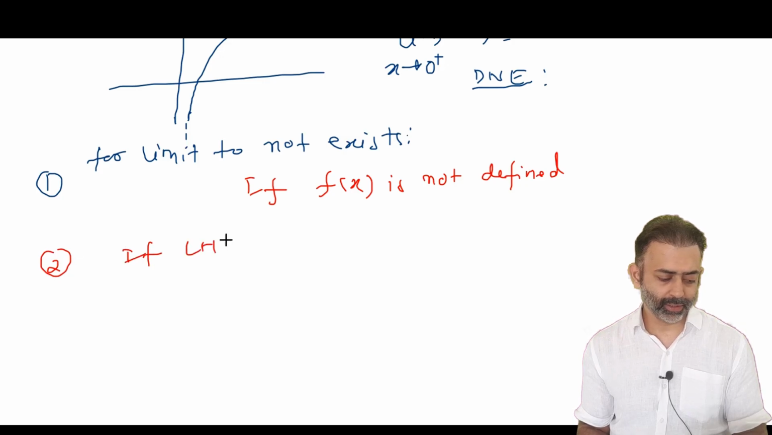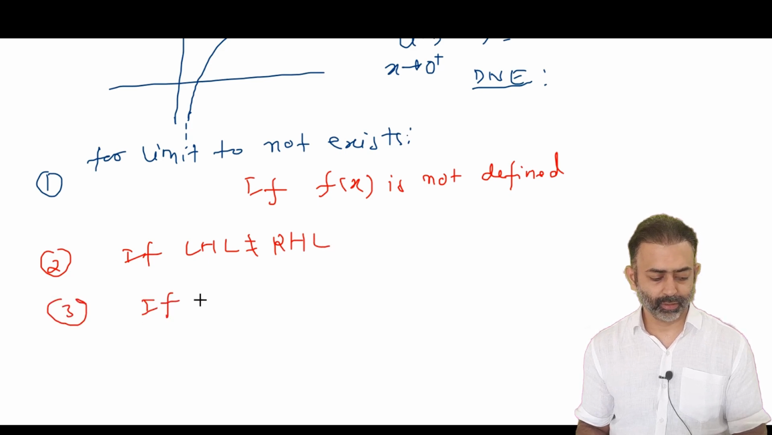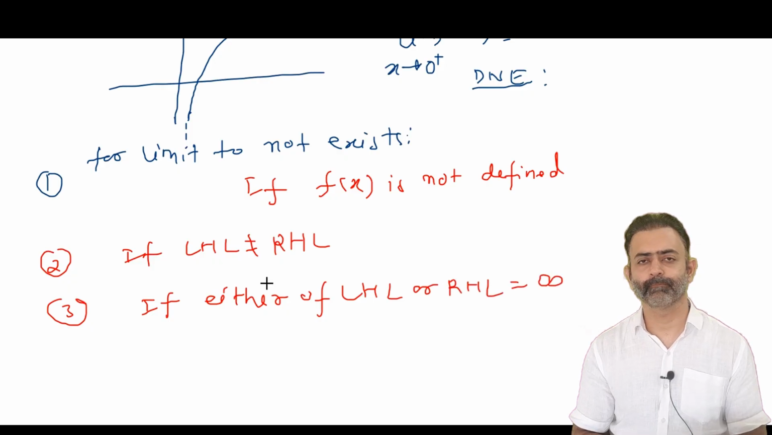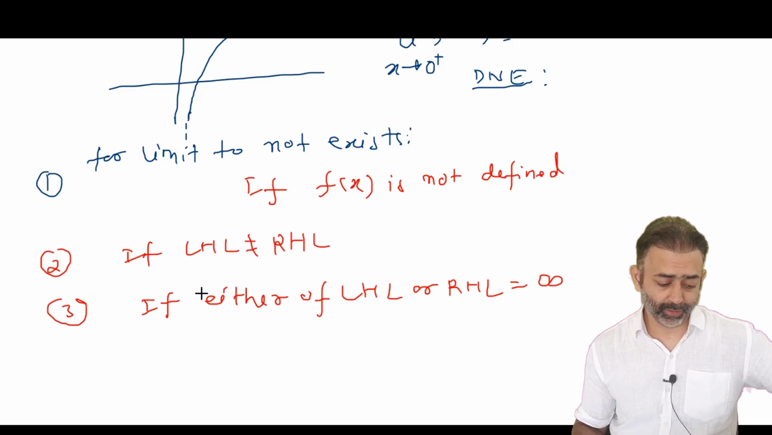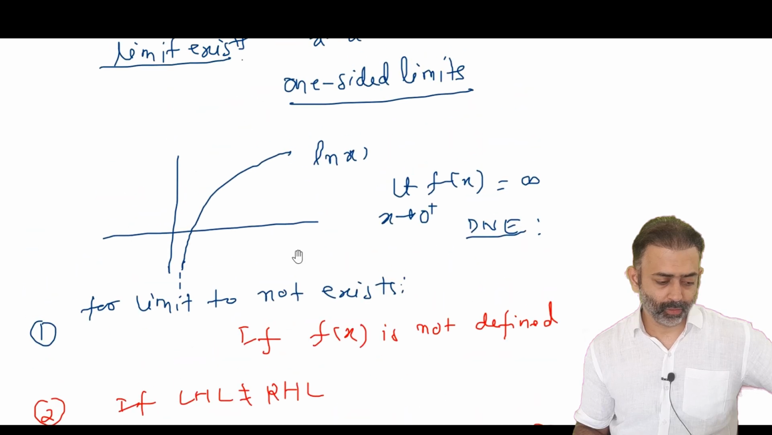So if f(x) is not defined at a point, and second, if LHL is not equal to RHL, and third, if either of LHL or RHL comes out to be infinite. If any limit comes out to be infinite, that means limit does not exist. Okay,